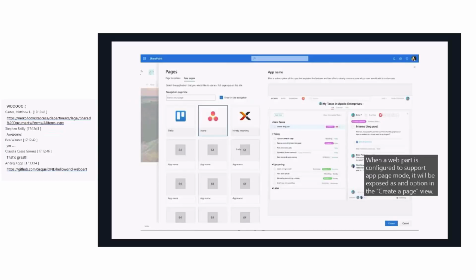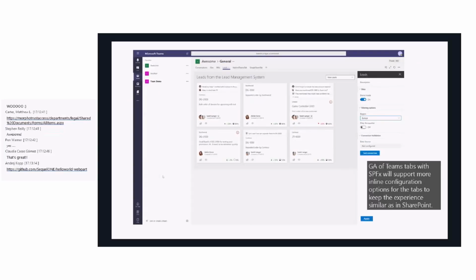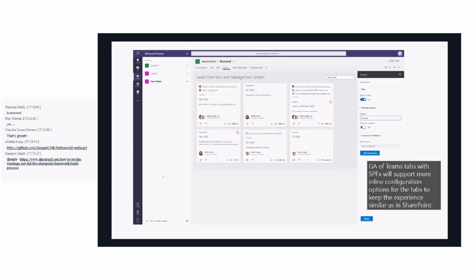The one related thing on what is coming, just some previews, and these are still mock-ups. I can't actually show you the final versions of these things, but it's good to know where we're heading. This is the upcoming configuration options for the Microsoft Teams tab built with SPFx.